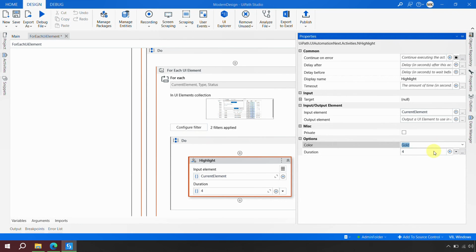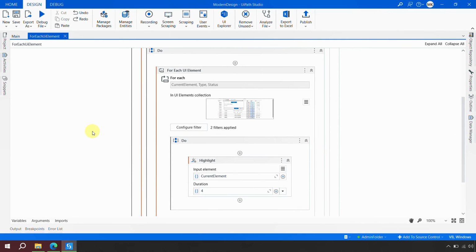And then what color you want to highlight, you can specify the color here. I'll just keep it to something like, let's say, Indian red. Okay, and then we want to highlight it for 4 seconds, right? This timeout is what happens in case the activity is not found, right? Common properties. Okay, so this I have set for the highlight. So if everything works well, what should happen? It should go to the browser, extract all the information, select only the one where the WI item is 1 and the status is open, and it will highlight the button. Okay, let's go here and I'll just say